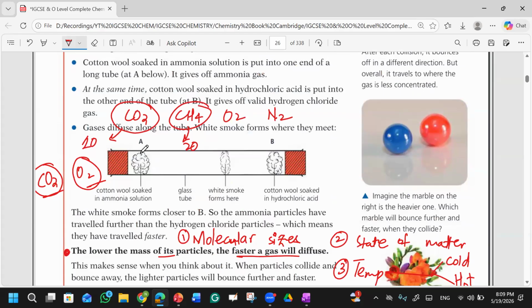Okay, so this is how you can compare it, and they have given you an experiment where there was a cotton wool, they placed it soaked, and there was white smoke, the white smoke will form here, and there is a cotton